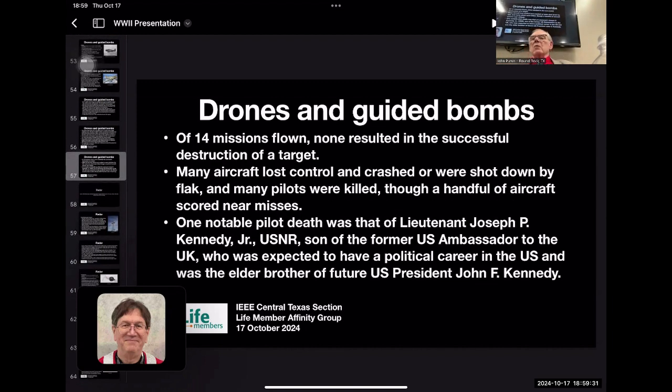One thing that was notable here is they flew 14 missions with this system. Most of them didn't work. They failed to hit their target. They were shot down. They crashed. They weren't successful. But the one notable thing was